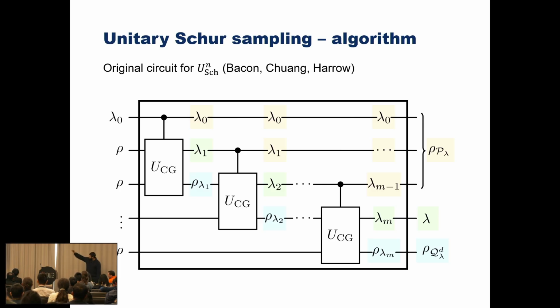You perform this diagonally, one after another adding all your input states, and in the end, when you have added your last input state, what you are left with is some state on a unitary irrep, rho Q lambda, which is the unitary irrep with some label lambda. The last label lambda will tell you which irrep or which isotypic subspace you're on. And all the previous labels, this is a nice thing that Harrow showed in his thesis, actually form a basis of the permutation subspace. So you kept them all, and suddenly, for free, you get this basis for the permutation subspace. But